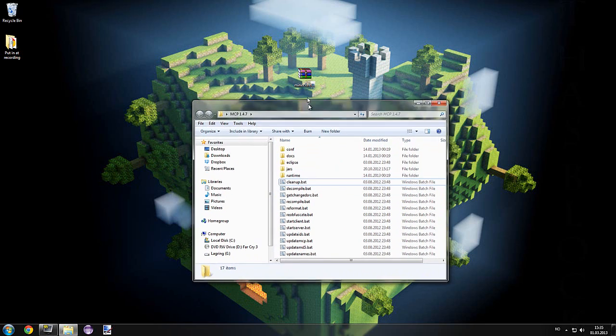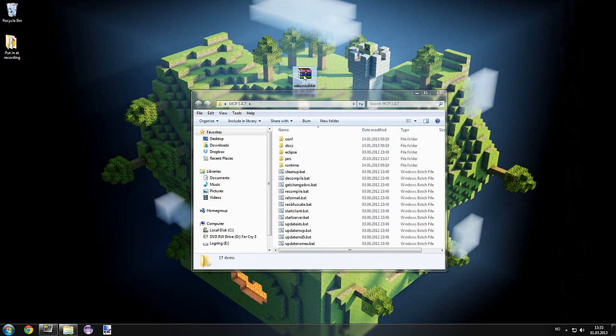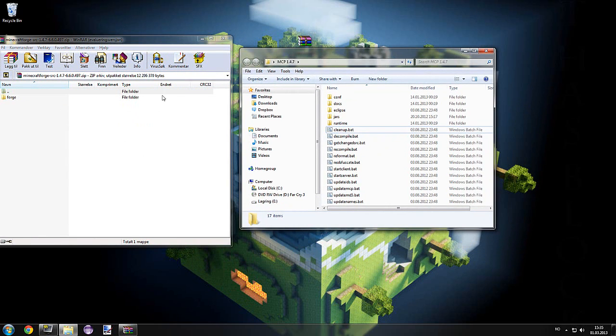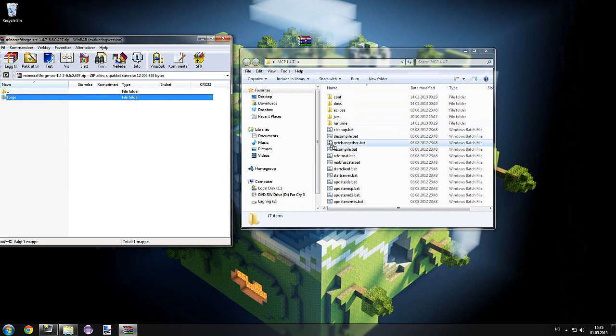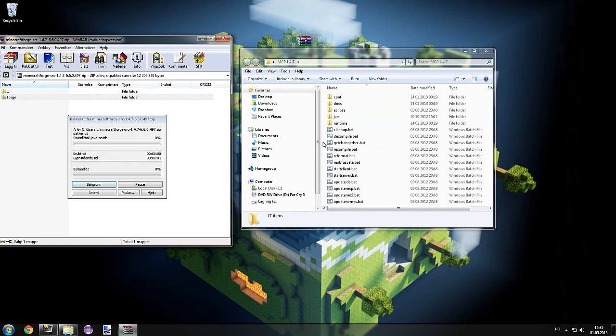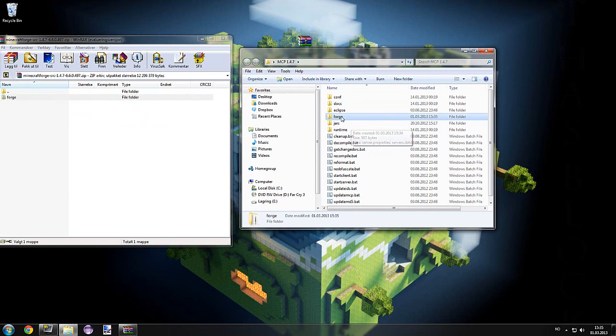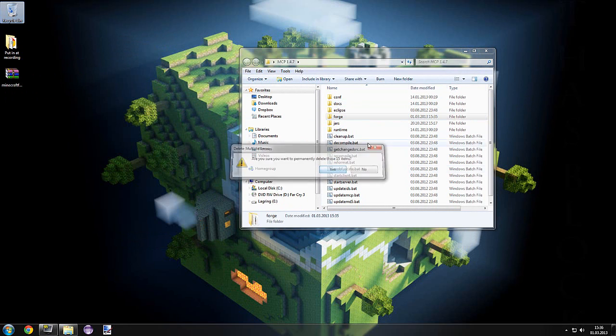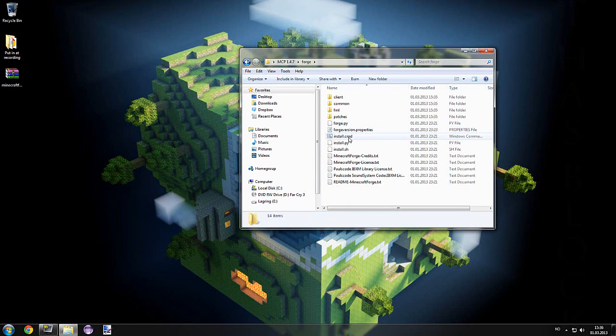Next, what you will need is this, of course. You just open it with WinRAR, and don't bother about that. Now just click and drag the Forge folder over into your MCP, and you're done with that. So you don't add anything more. And I'm just gonna empty my bin here. And then just go into Forge and click